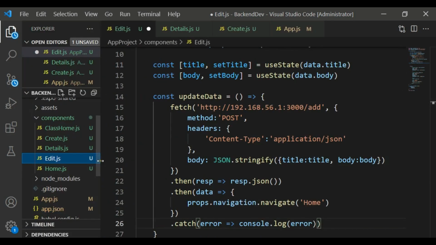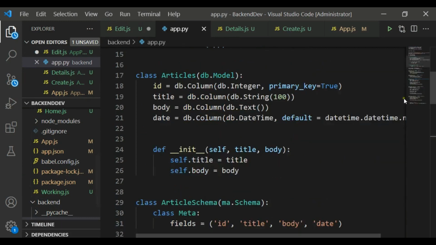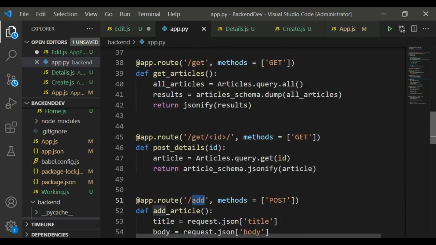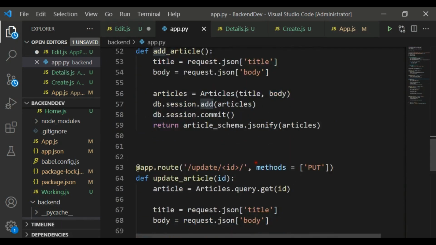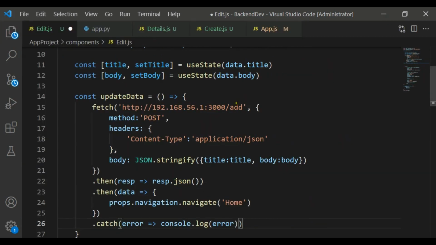Now if you see my backend, and if I go to the app.py file, we have our add article and we have our update or put. This is update, and we can update according to the specific ID. So in here, instead of this we can just use update, and we need to change this to backticks because we also want to use ID. And after update in here I can just say